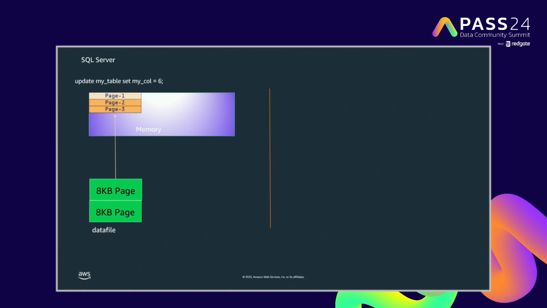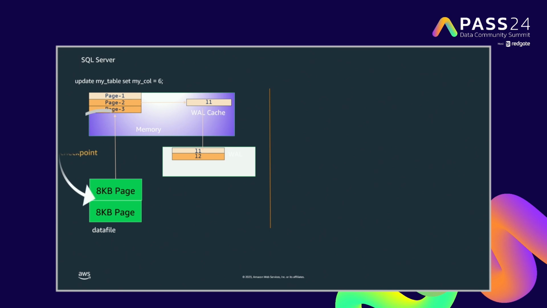And then it copies the pages over there, and it updates the page first, and then it immediately writes the transaction to the write-ahead log cache, followed by the transaction log. Okay, so the transaction log is on disk. But here the thing is, the page got updated and the transaction is written to the transaction log,